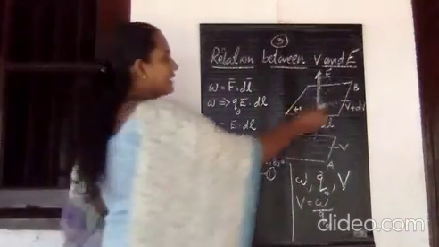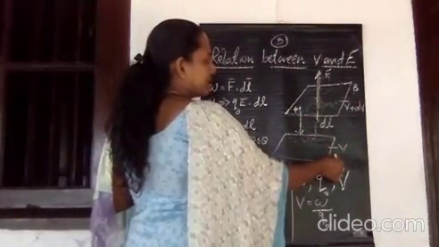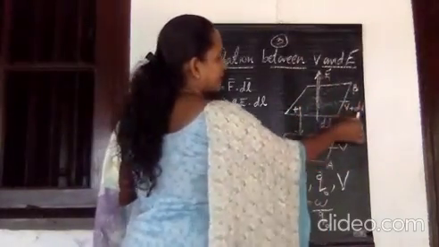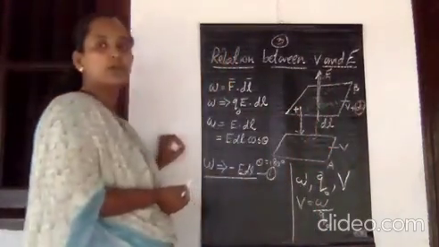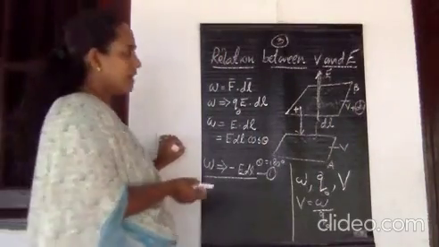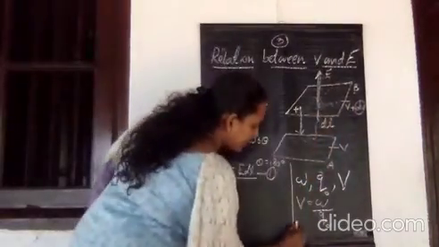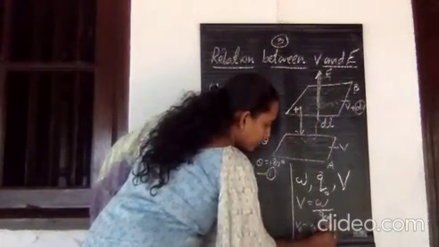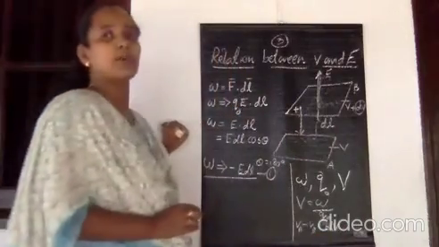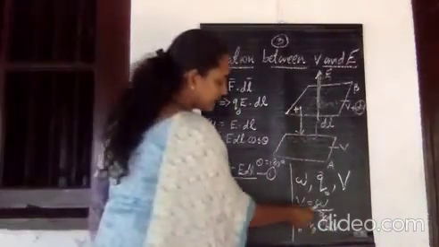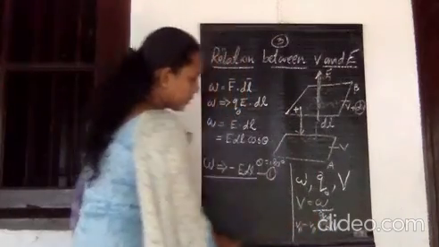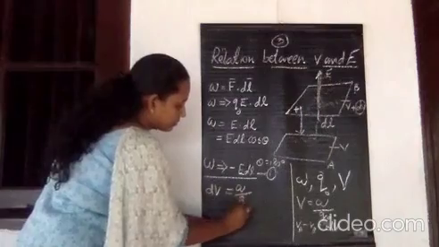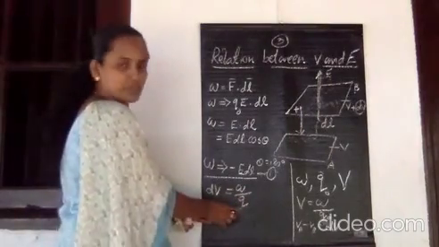So here A is one plane and B is another plane, and the potential difference between these 2 points is how much? That is equal to dV. The potential difference between the plane A and that of B, that is VA minus VB, is equivalent to dV itself, the difference in potential. So by using this expression V is equal to W by Q0, you can write the formula as dV is equal to W by Q0, where Q0 is the charge which is moving.